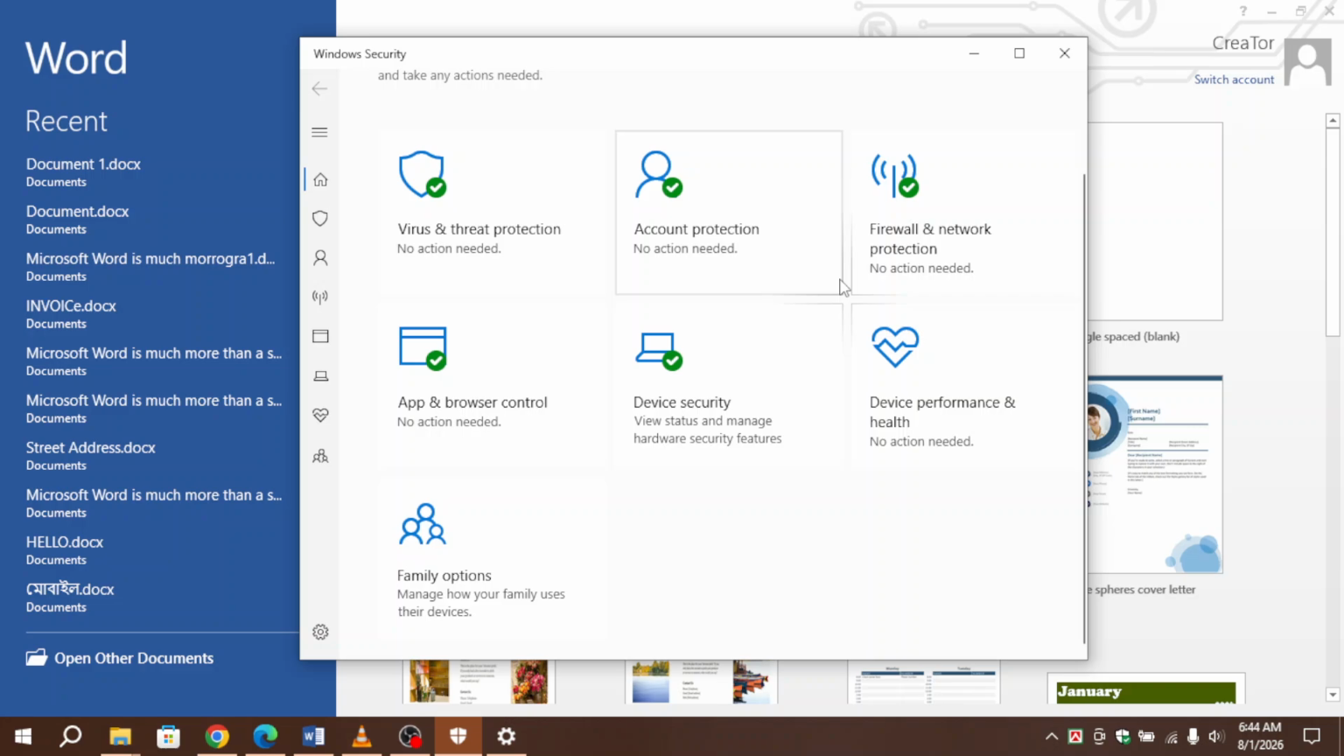By using safe mode, disabling add-ins, repairing Office, checking your documents, and keeping everything updated, you can solve most crash